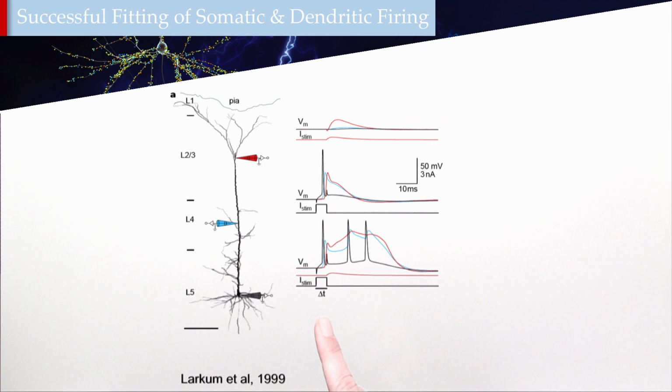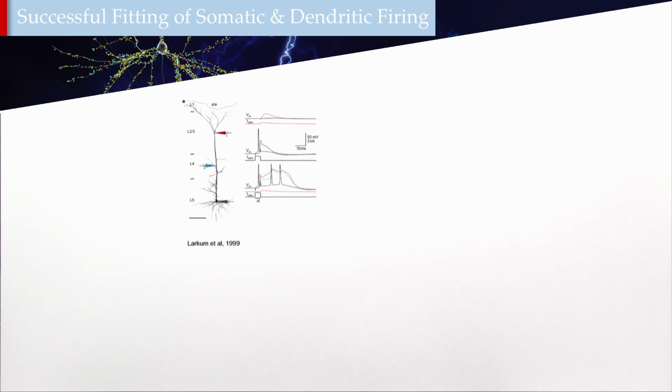But then the interesting thing is when you combine the two, so you have the somatic firing with step current injection, and a little bit later, within a certain time window, you do the dendritic stimulation, which mimics a dendritic input. You actually see a nonlinear summation effect, where the soma suddenly sends a little burst of spiking activity, and you see a calcium spike in the dendrites. So this has been experimentally observed, and we set out to model this using automated